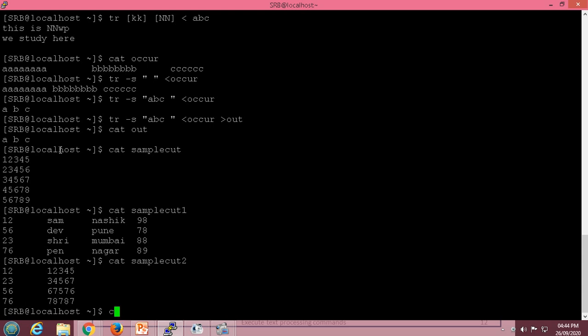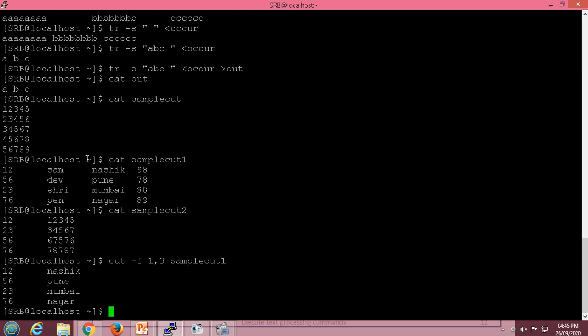Now suppose I will use the cut command with the -f option. The -f option is used to specify the field. Now suppose for the samplecut1 file I want to display only columns number 1 and 3. So I will write here the name of the file.